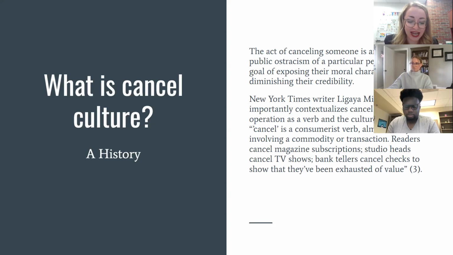Comparatively, Michon writes that as a noun, cancel culture, quote, is symbolically applied to incidents both online and off that range from vigilante justice to hostile debate to stalking, intimidation, and harassment, end quote. In addition, she contends that, quote, it's persistently attributed to the extremes of the political left and fear-mongering specter of wokeness. It's itself a freighted term originally derived and then distorted from the Black vernacular woke, which invokes a spirit of vigilance to see the world as it really is.